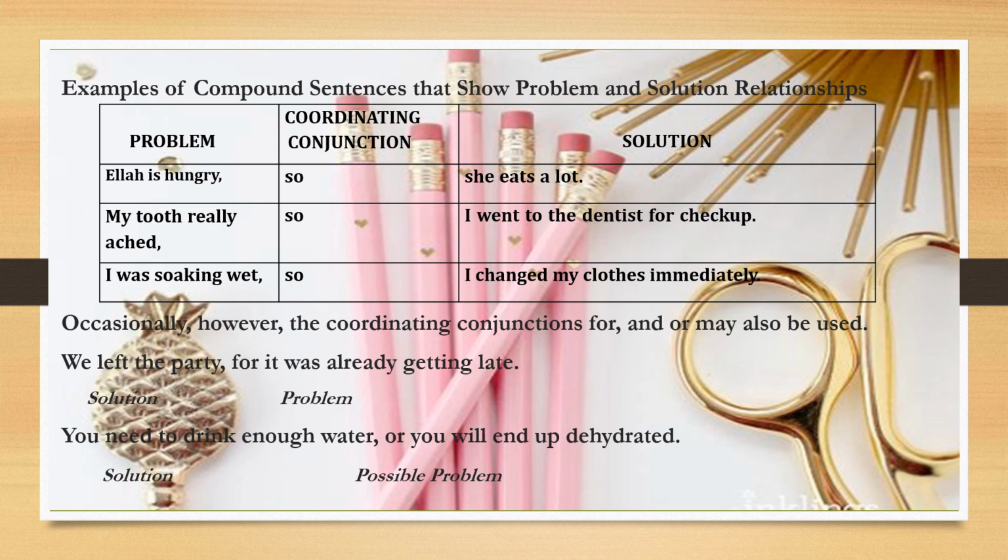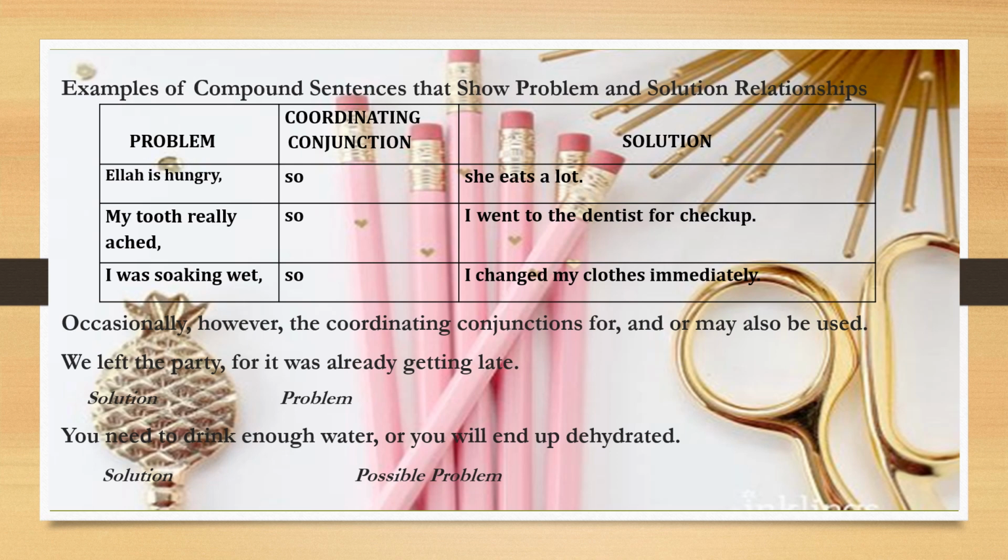Examples of compound sentences that show problem and solution relationships. Number one: Ella is hungry, so she eats a lot. Next: my tooth really ached, so I went to the dentist for a checkup. And: I was soaking wet, so I changed my clothes immediately. So we have the problem, the coordinating conjunction, and the solution to each